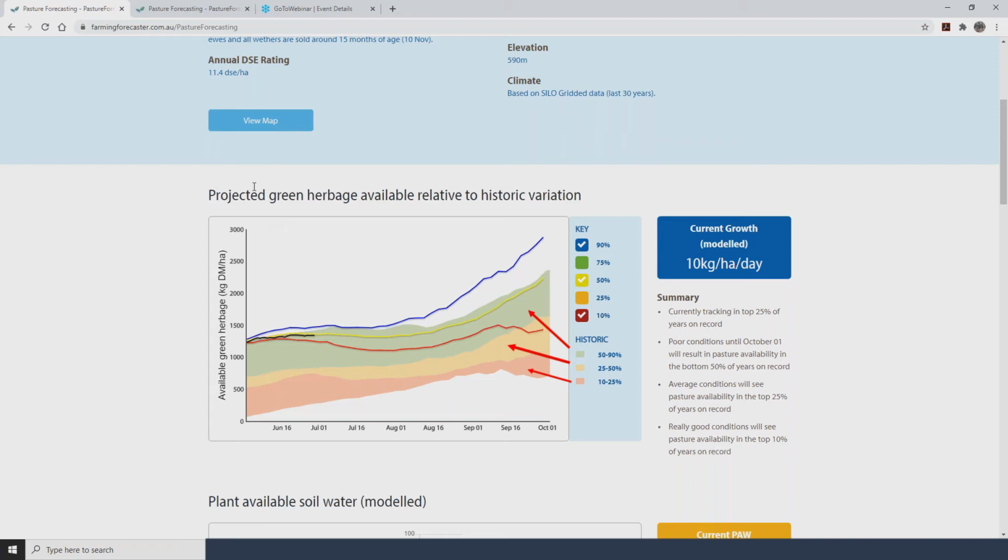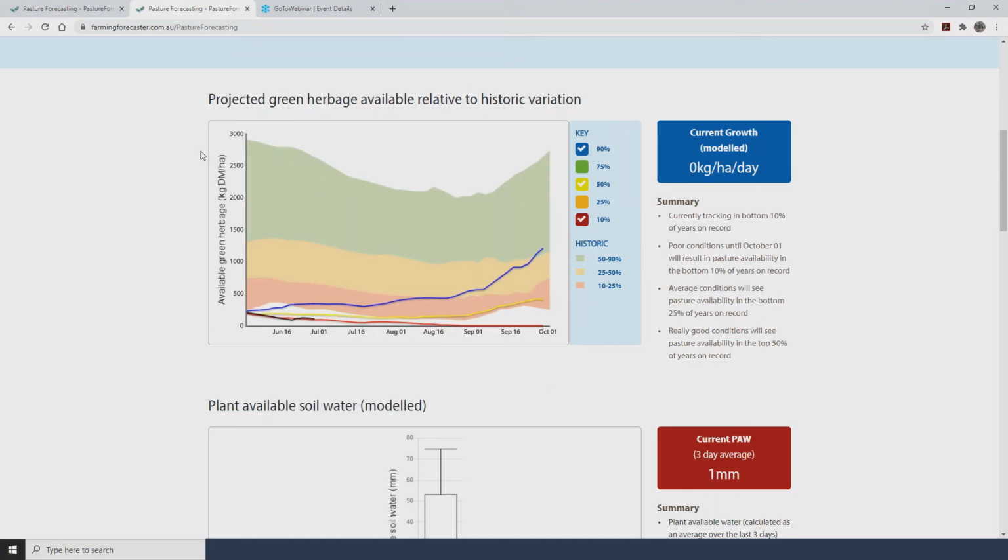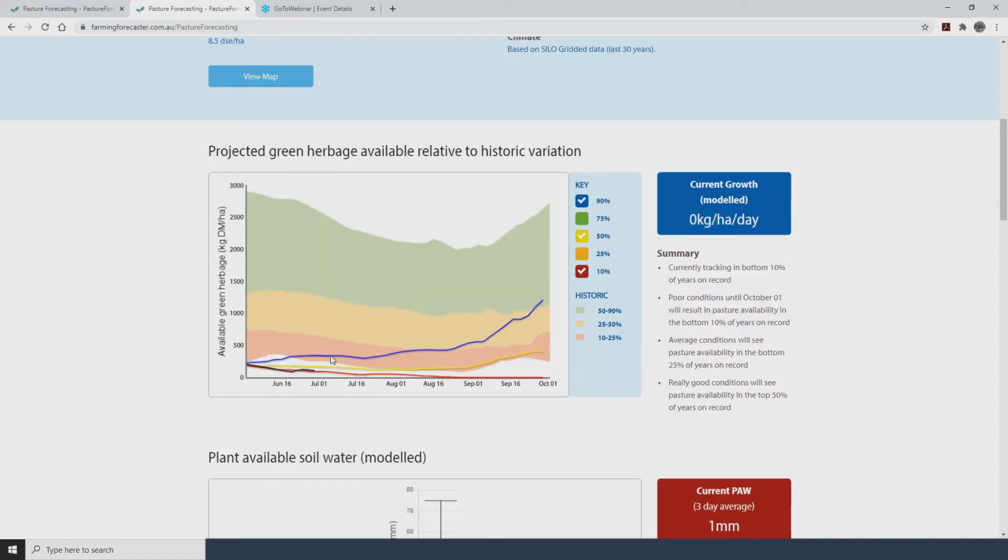Now, just to compare, if we were to travel around 200 kilometres south at the moment to the Monero, the 2020 winter pasture outlook is entirely different. And this is what we're looking at here for one of the Monero sites. Unfortunately, the Monero really has missed out on the rainfall events over the last 3 to 4 months, which is shown in the pasture outlook here. And unfortunately, the Monero is facing an extremely tough winter ahead. If we look at this example from one of the Monero sites,